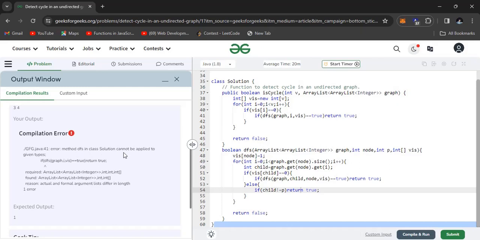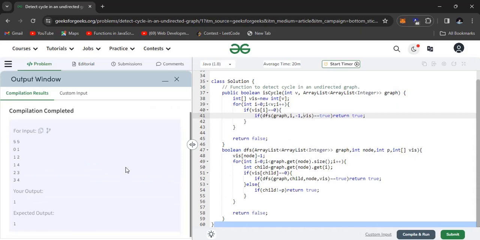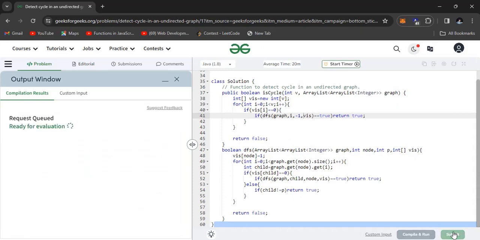The if method of class Solution cannot be applied to the given type. Okay, sorry. Pass the parent, first time parent as -1. Okay, the first test case is passed. Now let's check for all test cases.